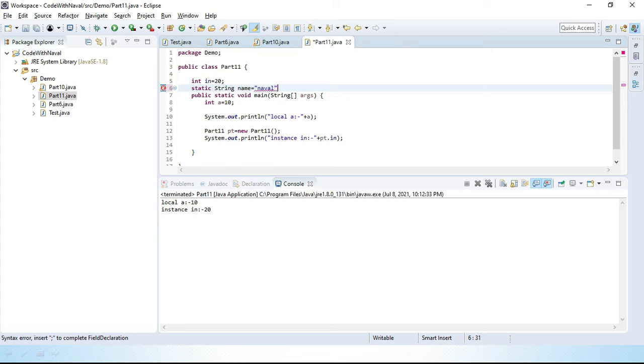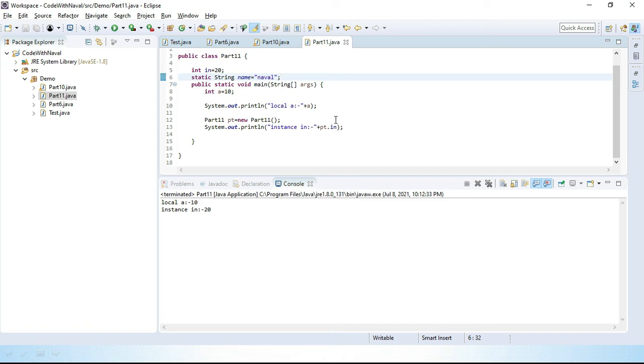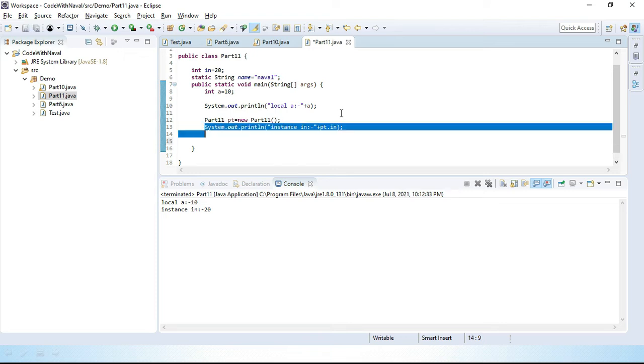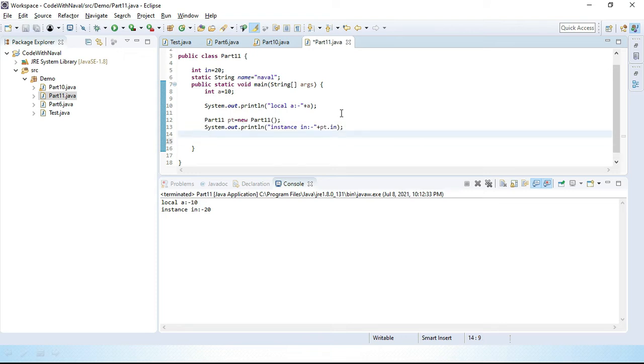Okay, let's save this, and as we know we can access a static variable anywhere. So let's access this variable without using this object, because static is not part of the object.